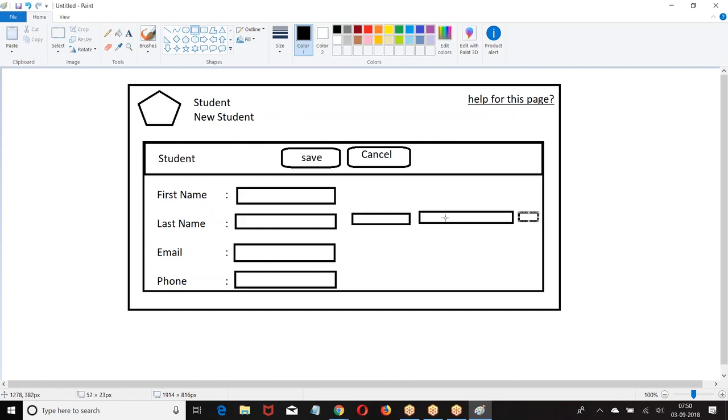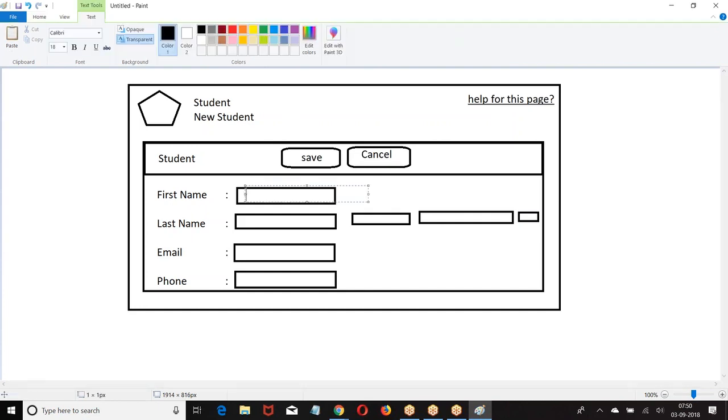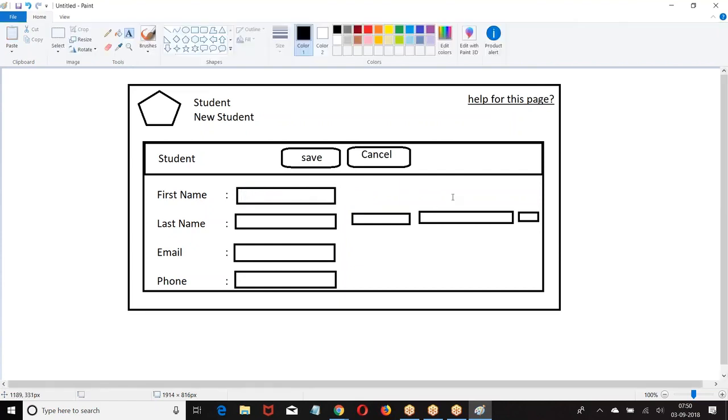Max length is the length of the input. If I give max length equal to 3, I can take only 3 characters. If I give 4, I can take only a maximum of 4 characters. Length of the data is one, the other is the size of the box. Size refers to the size of the box. Max length refers to the size of the data.